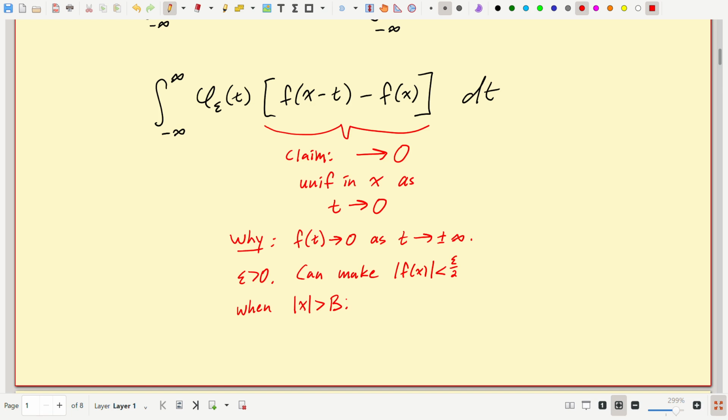And then I could use uniform continuity on the closed interval. Use uniform continuity of f on minus b to b to get a delta bigger than 0, so that